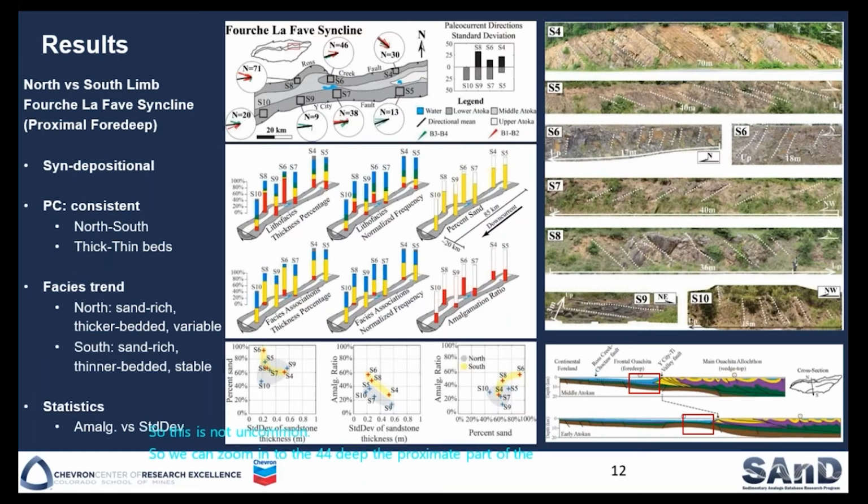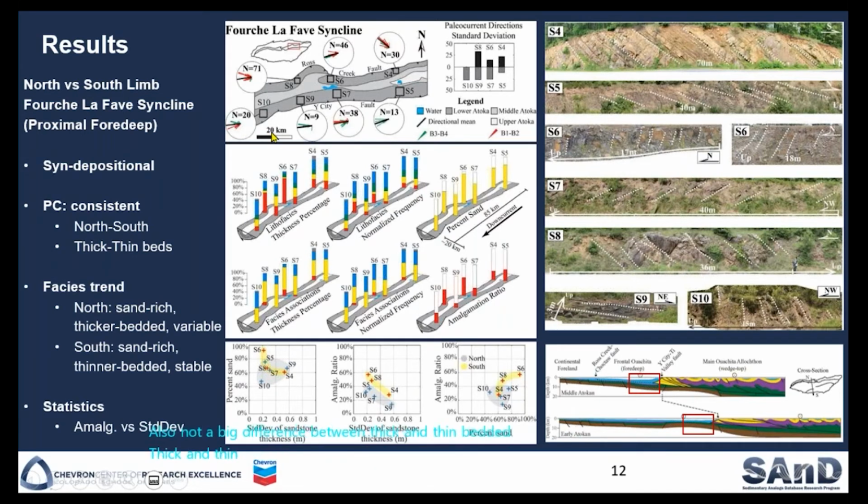It's actually a syncline called the Forge-Lava syncline. And we have the highest density of outcrops in here, so we can compare the north and south side, the north and south limbs of this syncline. We can see from the paleocurrents here that there's not a big difference between the north and south, and there's also not a big difference between thick and thin beds